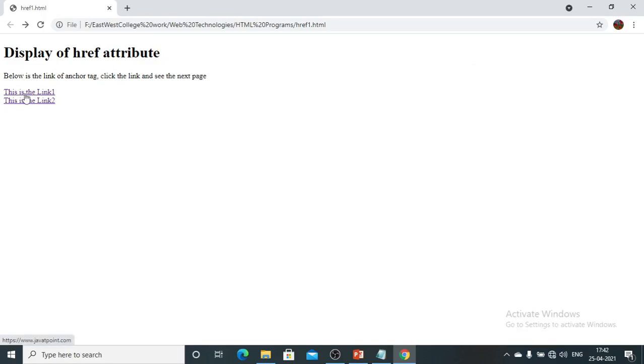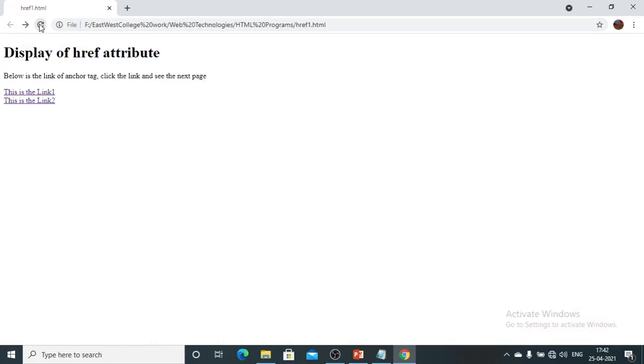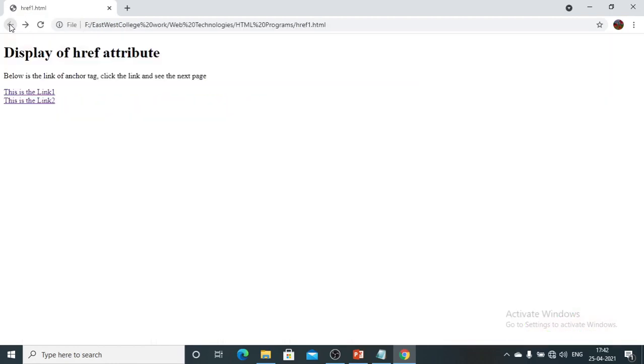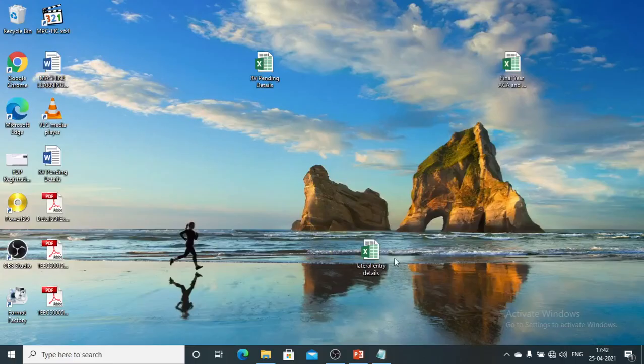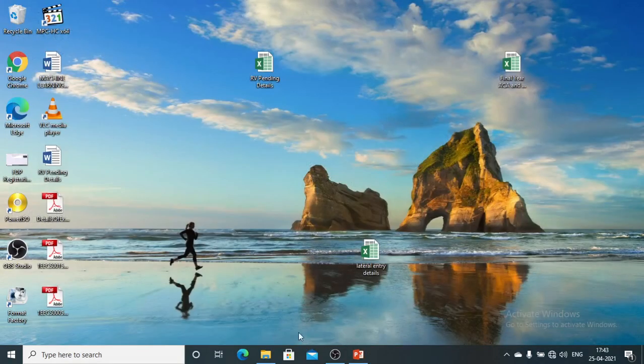Now if I click the link, it is the previously cached one. So I will just refresh it. Now if I click it, it is cached already. It has some address available, so it is showing because the elements are there in the history. Otherwise it would not show me that particular page, because it requires internet connectivity. Fine, no problem. So this is regarding the href attribute.